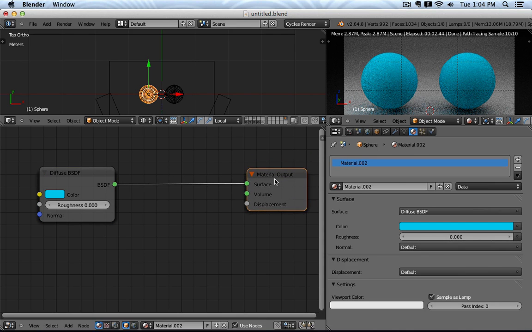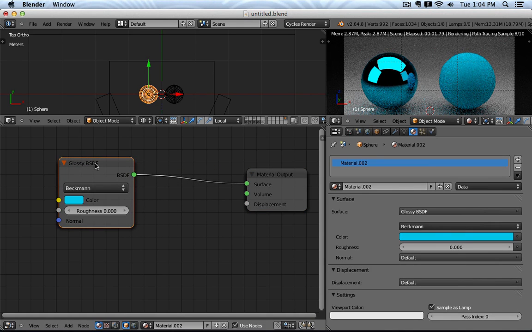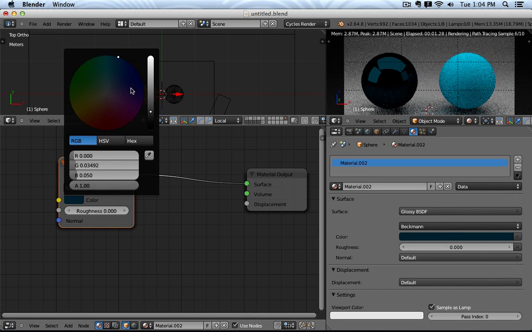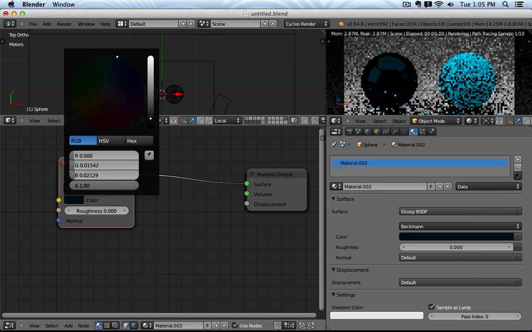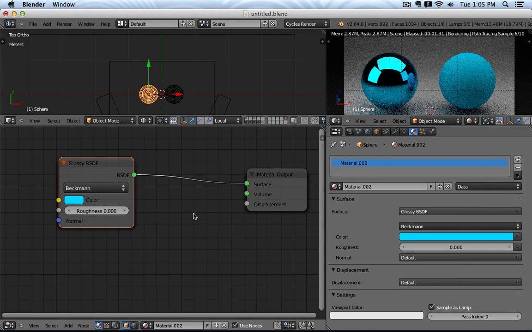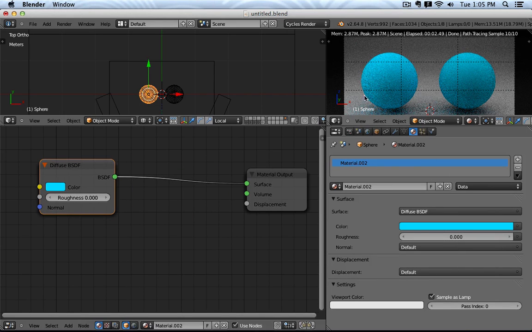So what can we do with it? Well, if, for example, I set this one to glossy, I can turn it into a glossy object like this. I can, for example, lower the strength of the reflection, but you see if I lower the strength of the reflection, my object is becoming black, and that's maybe not really actually what I want. Maybe what I want is simply this diffuse object with a very slight coating on top. Think about like a car, you put a primer down and then you put the clear coat over it. So to do this,